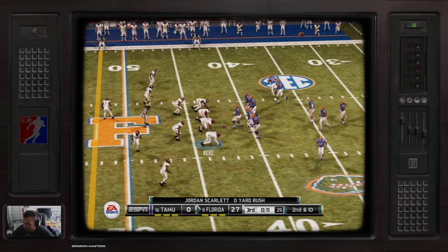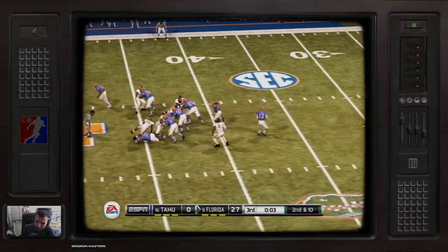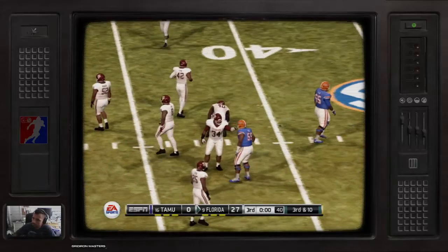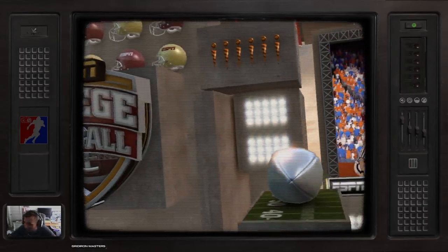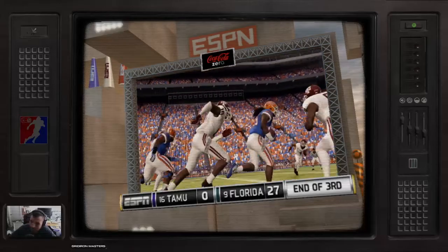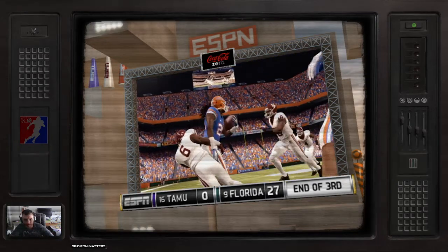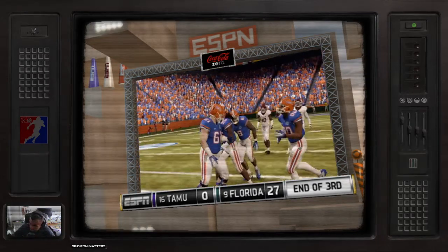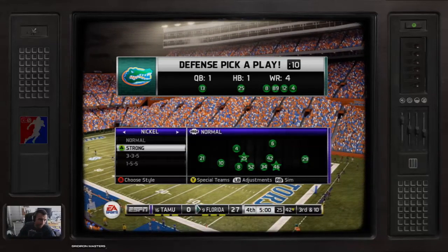Second and 10. Ball on the SEC East 27. I think that was like within 1 or 2 years of joining the SEC. Texas A&M. Big advantage. They had a pretty decent quarterback back then. I think it was James Franklin or something. Hands it off inside, brought down. Not much of a contest here as we head into the final stanza. But Missouri came in here in game one when they were pretty weak. I mean, the SEC West was pretty weak that year too, but I mean, Alabama and LSU and Florida were pretty good. But Missouri is...